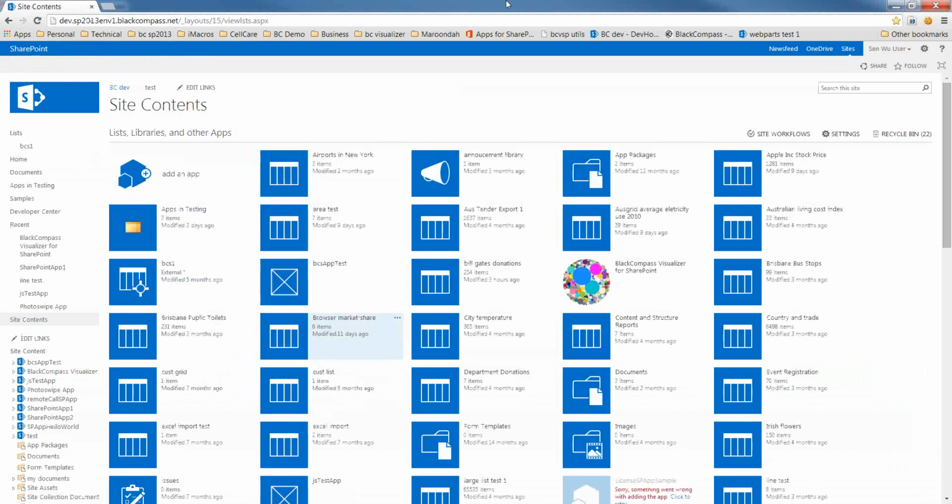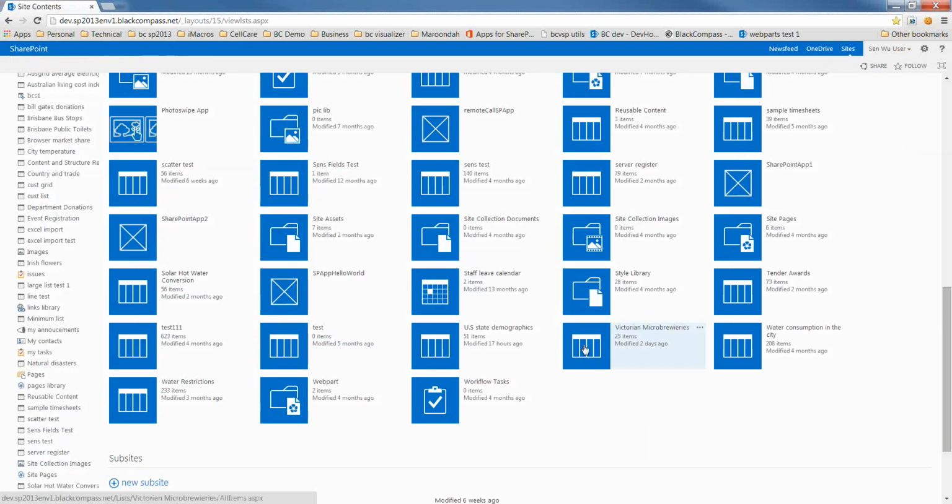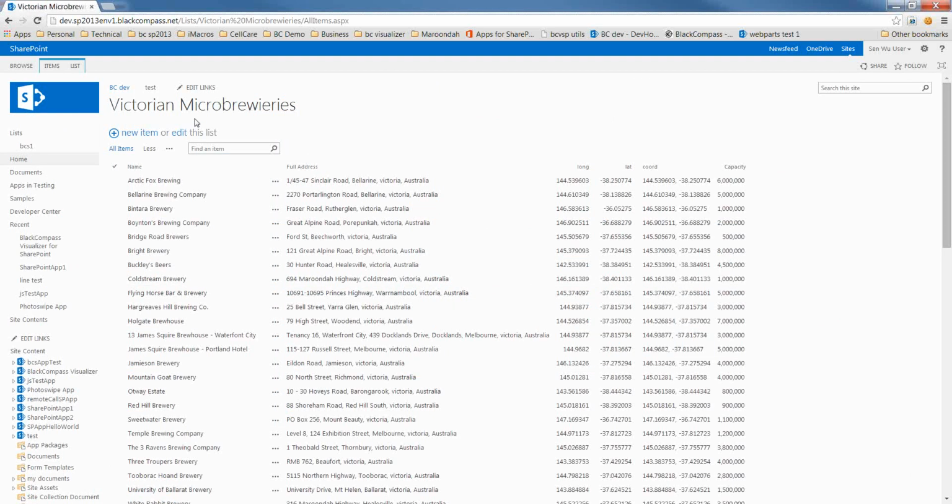I have a SharePoint list here. I want to show you how to place SharePoint data on Google Maps with geolocation type of data. Let me show you this list. This is showing me various Victorian microbreweries here in Victoria, Australia. So we have